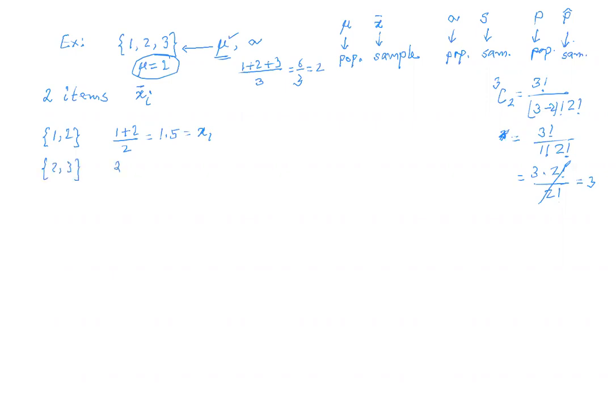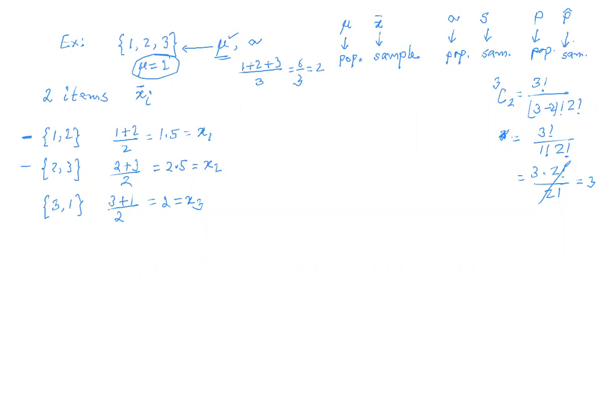So (2 + 3)/2 = 2.5, which is x2. The third group is 3 and 1, which is (3 + 1)/2 = 2, which is x3. So all of these, x1, x2, x3, are all the possible ways you can collect,